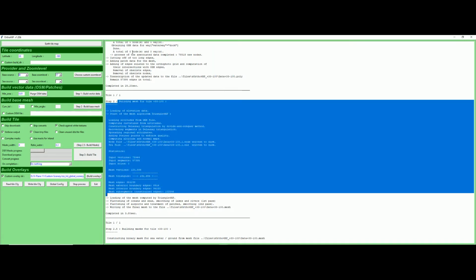That's pretty quick. This OSM data shouldn't take much longer than a minute or 2 to download. So if you're running into issues where that is not working,